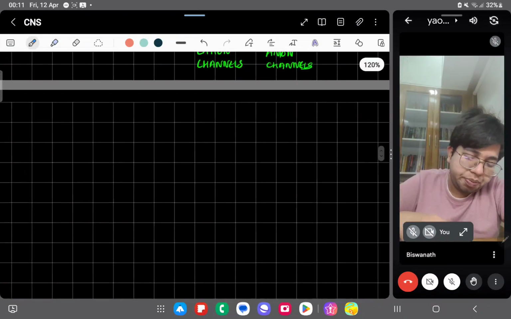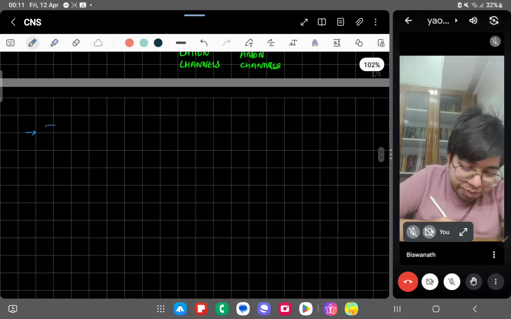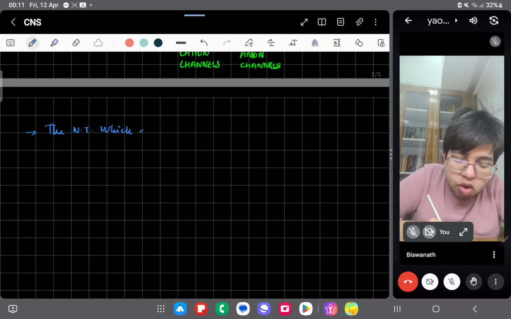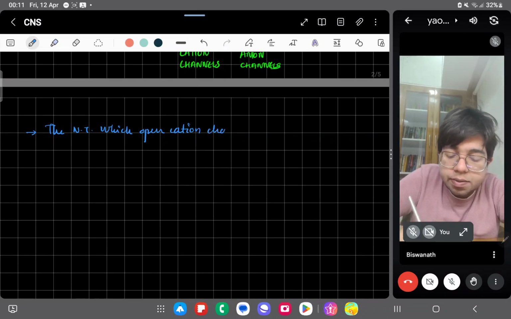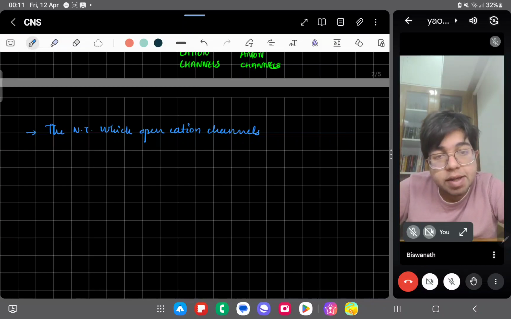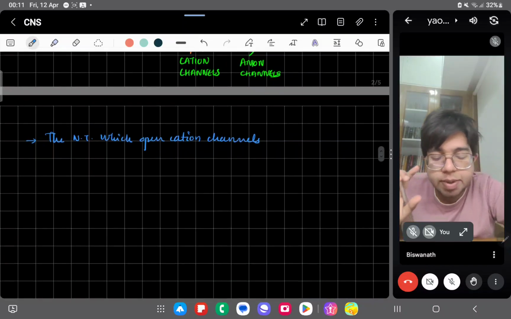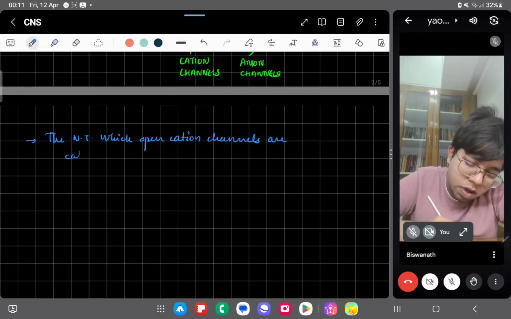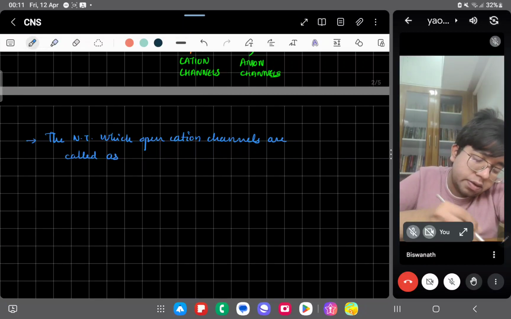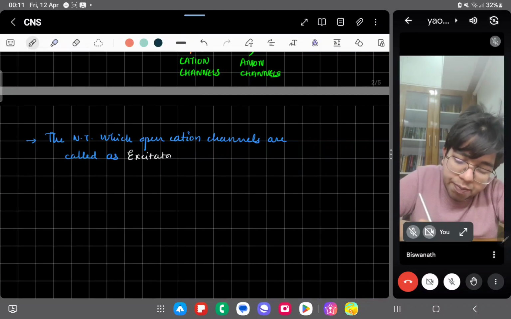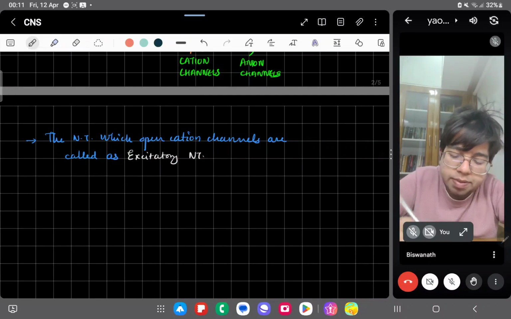So I want to tell that the neurotransmitters which open cation channels will cause the inflow of positive ions. Okay, the neurotransmitters which open the cation channels are called excitatory neurotransmitters, and